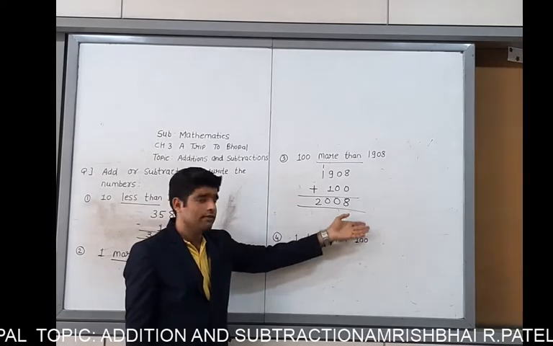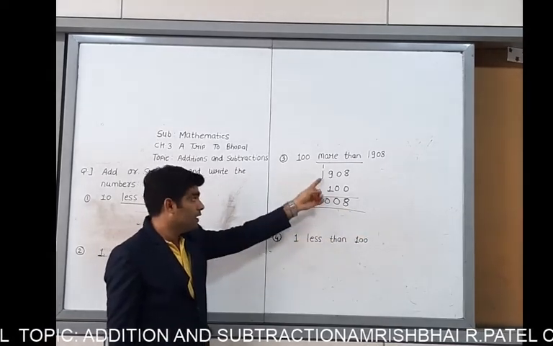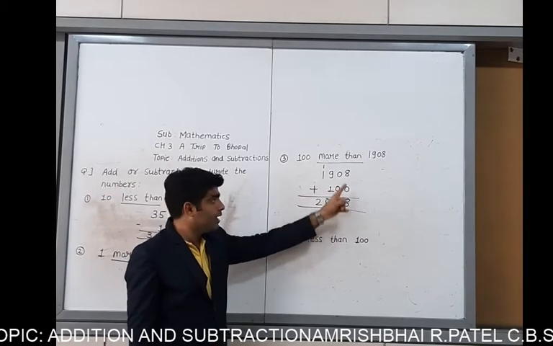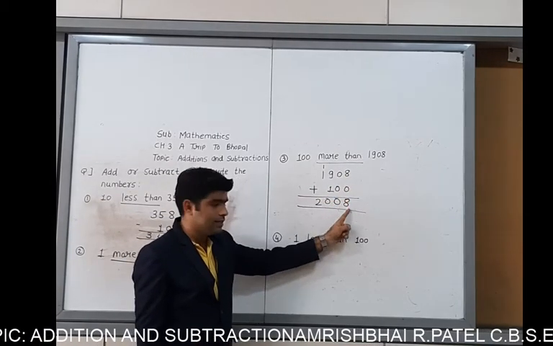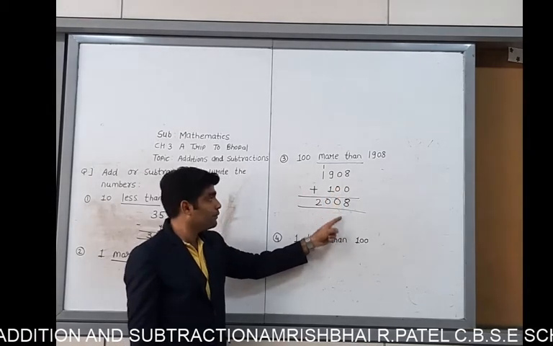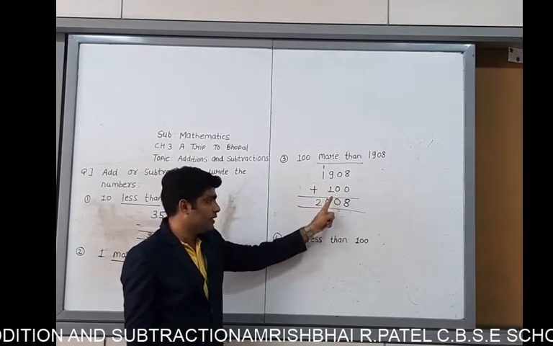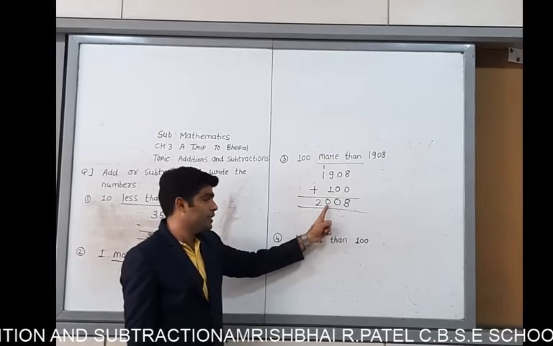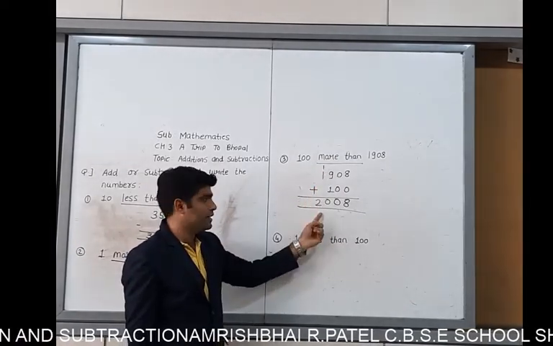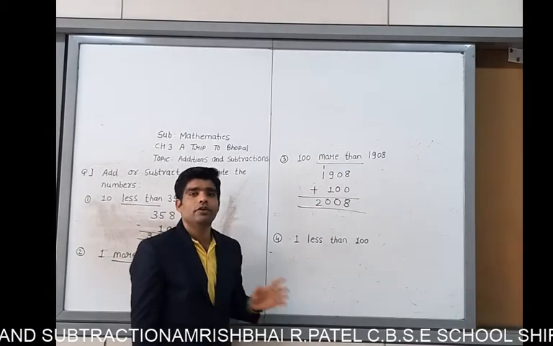2008. Once again I repeat it. 1908, you have to add 100. 8 plus 0 is 8. 0 plus 0 is 0. 9 plus 1 is 10. This is 0, 1 is carry. 1 plus 1 is 2. So your answer is